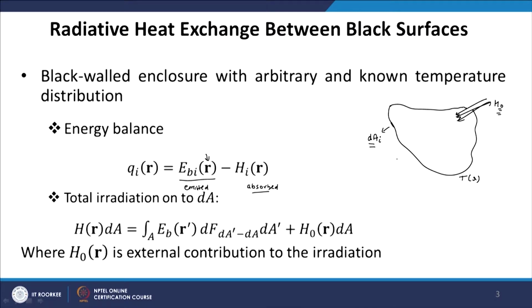Now energy received Hi is basically the sum of the energy emitted by the entire enclosure. So we can write it in integral form, okay. The energy received by the surface is equal to the energy emitted by the enclosure at any location integrated over this area dA prime. So we have some area, let us call this dA prime. Okay. So, energy emitted anywhere on this enclosure times the view factor dF dA prime to dA.